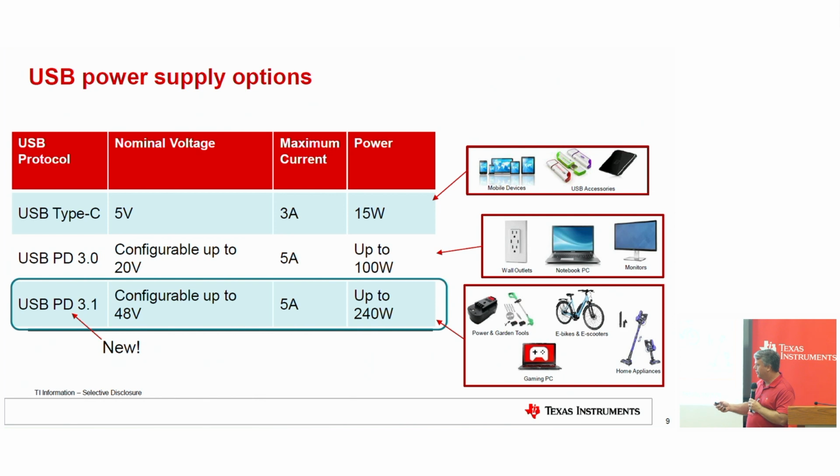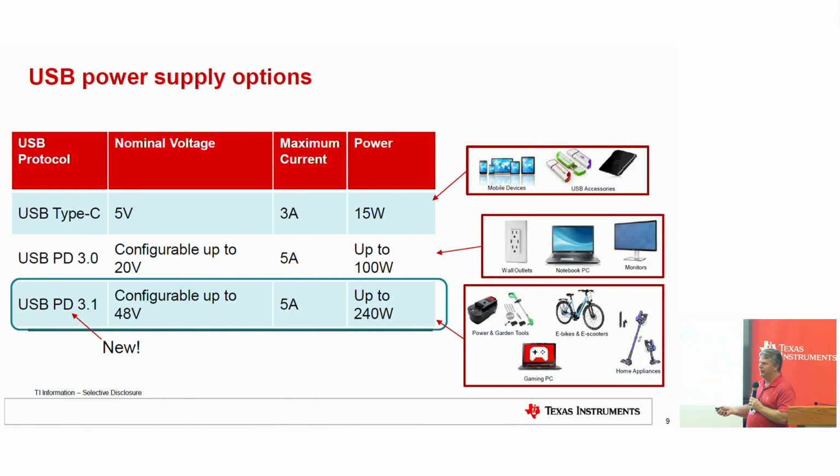Then when the PD spec came out, the main one being USB 3.0, configurable up to 20 volts. The standard contracts are, you always have to have a 5 volt contract for legacy reasons, 5 volt, 9 volt, 15 volt, 20 volt. An optional 12 volt is pretty typical to replace a lot of barrel jacks, and battery applications will run, say, at 12 volt. So that's an optional one you can put in. I'll show in a coming slide programmable rails that you can program and agree on anything in between, but these are standard fixed rails.